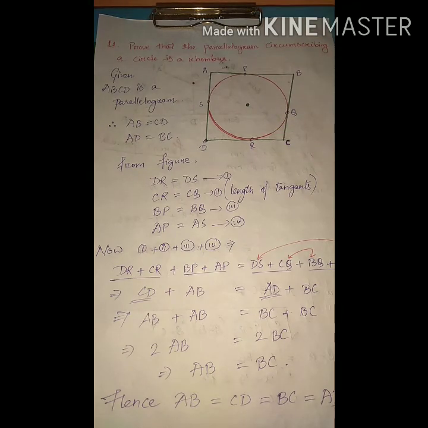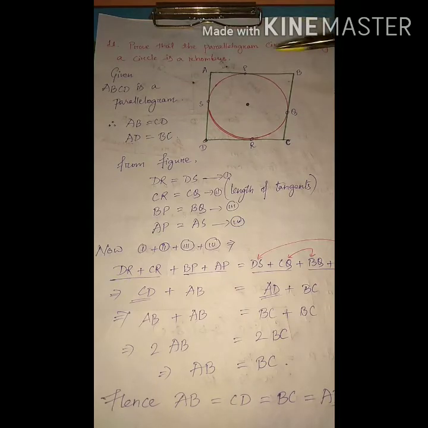In the case of a parallelogram, the property is what? Opposite sides are only equal and parallel, isn't it? So now a parallelogram is given, and inside this parallelogram a circle is circumscribed. First of all, see the diagram drawn here. ABCD is the parallelogram given to you. So from here we can easily say AB is equal to CD. Similarly AD is equal to BC, because in a parallelogram the opposite sides are equal